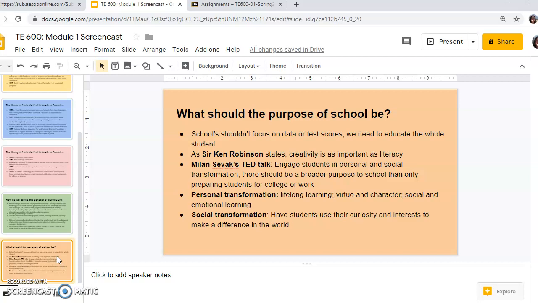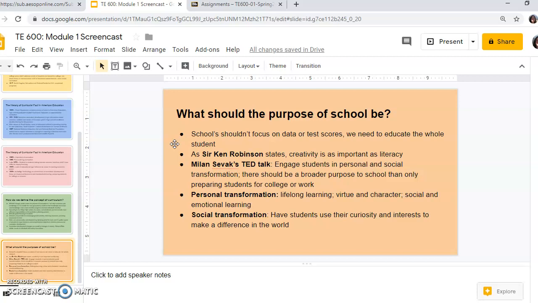What should the purpose of school be? Schools shouldn't focus on data or test scores, I believe. That's not what the focus of school should be. Yes, test scores are important, but I think that students' personal transformation, their character developing as a citizen, and social transformation are more important than any type of score. And we don't want the kids to be burnt out and thinking that the test score is what's most important,